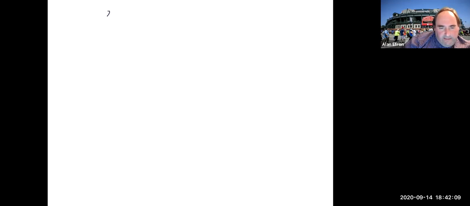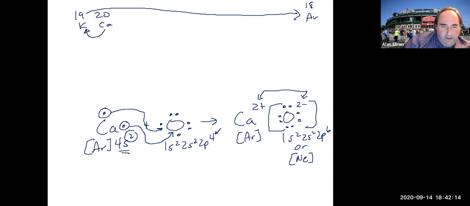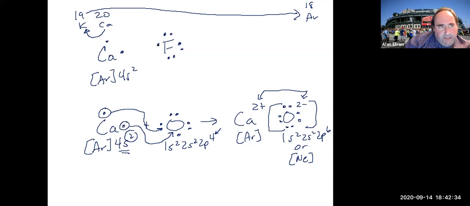Now, let's take a look at what would happen if we took calcium, which has our argon 4s2, and put it together with our fluorine that we saw earlier, which had our 7 valence electrons, and our 1s2, 2s2, 2p5. So same thing's going to happen here. The calcium is going to lose an electron